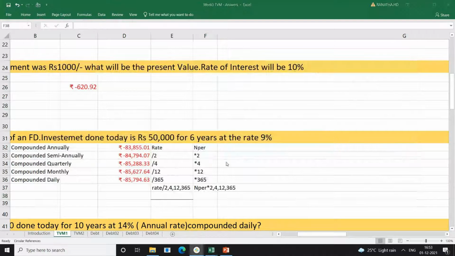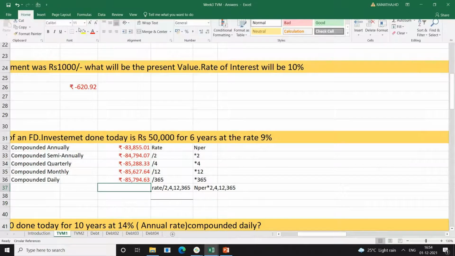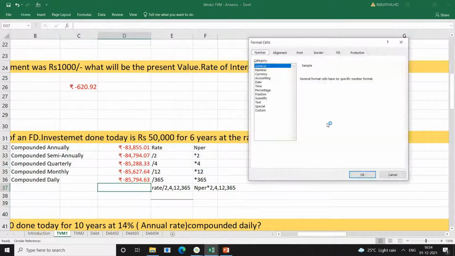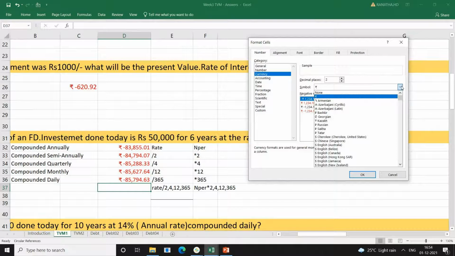Sir, the rupee symbol and everything, should we click on it? We can select all and click. If the rupee is not coming, in any language, usually the rupee is not defined exactly for India in the currency. So whenever you are defining the currency, you can define the number for INR with any language. You can select any, all or INR only.